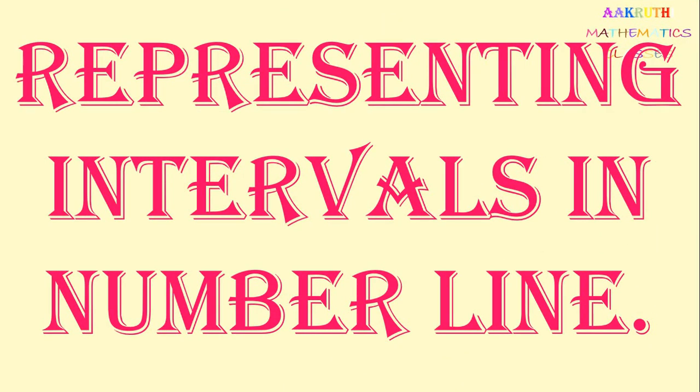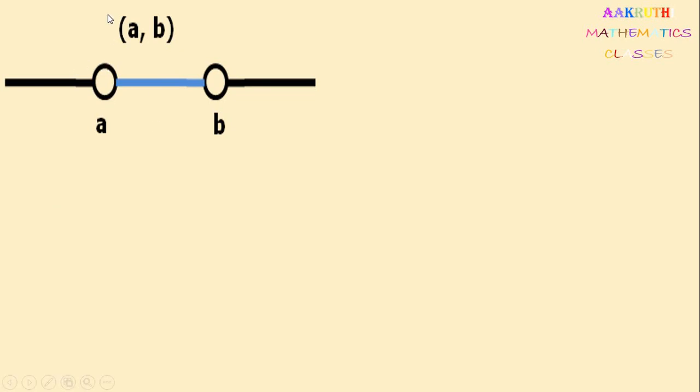So next it is representing intervals on a number line. You know how to draw a number line. Now we represent open brackets and closed brackets on the number line. Now first one, it is the open interval (A, B). Open bracket AB means A and B are not included. So it is all the numbers in between A and B. We have to draw one circle at A and one circle at B. We should not shade that. That is, A and B are not included. All the numbers in between A and B, that is the open interval (A, B). So like this we have to represent the open interval (A, B) on the number line.